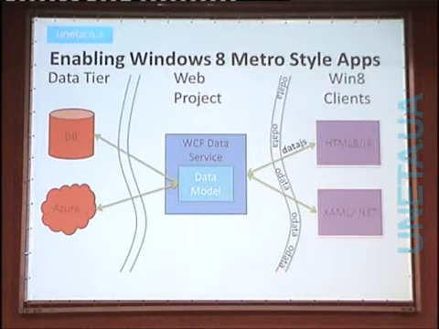One thing that is interesting also, we have another technology that we own called Data.js, and it's basically an OData client for JavaScript. So when you decide to develop new Windows applications using HTML5 and JavaScript, you can also use this OData service. The example that I showed was using the thing below, which is XAML and .NET.